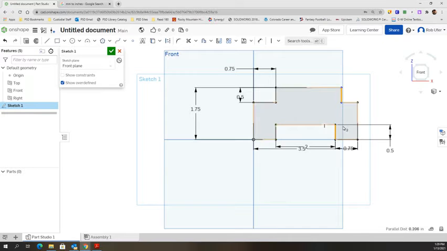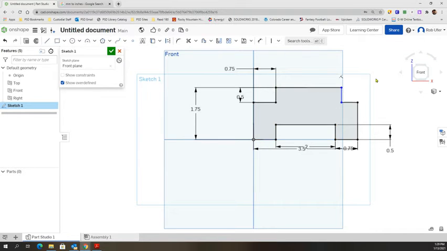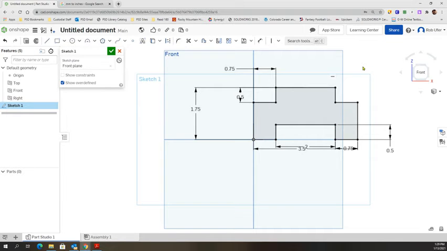This and that. Should be, it doesn't like that command. I like that point and that point. Cool. There we go. I could have kept dimensioning, but I was trying